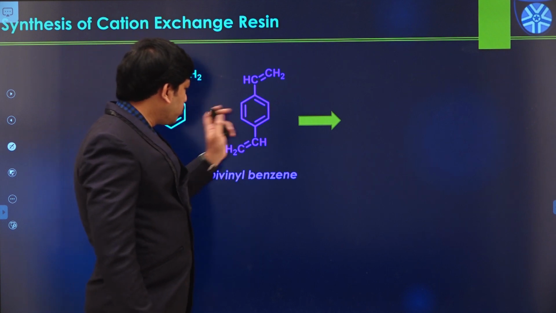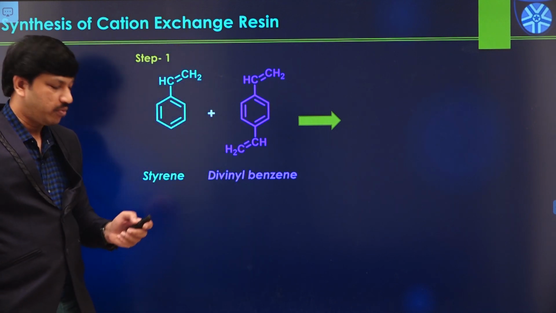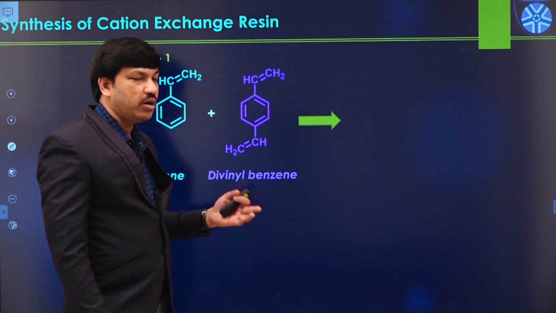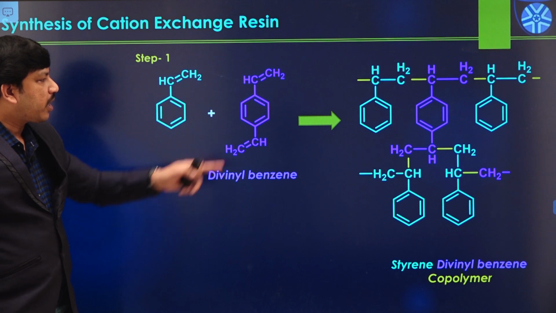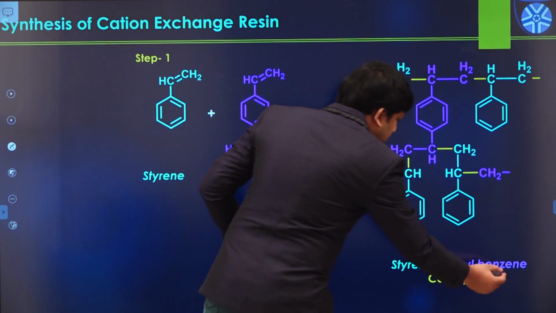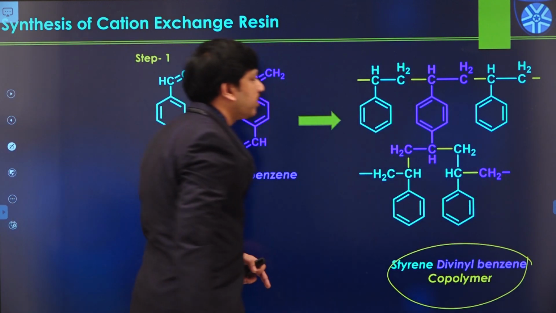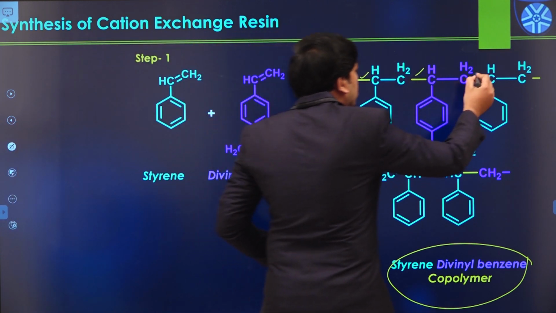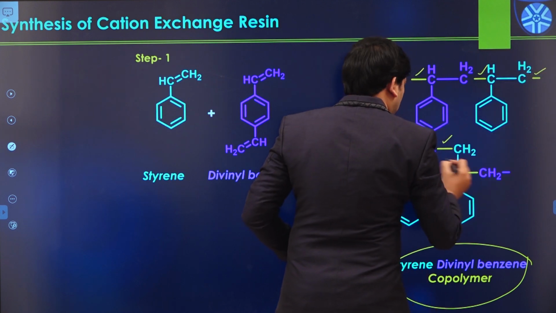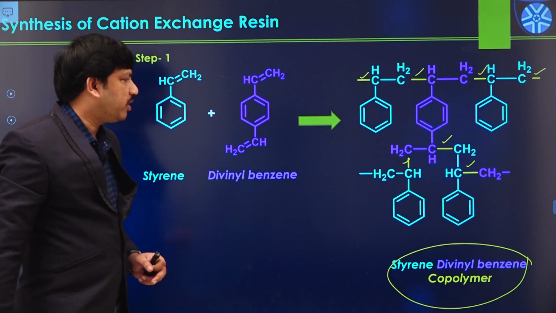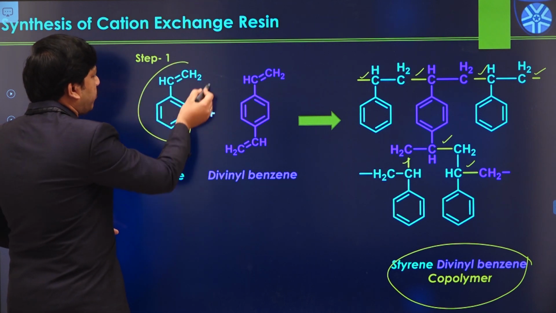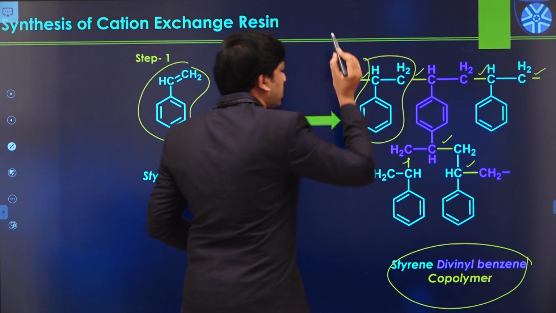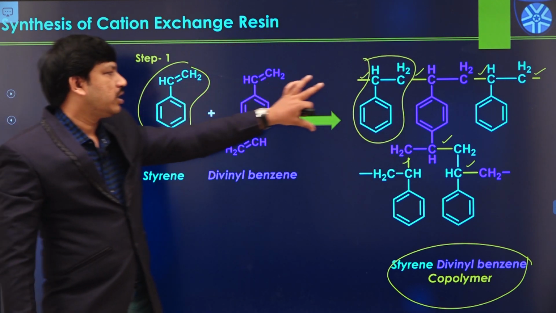If these two monomers undergo addition polymerization in the presence of a suitable polymerizing agent like free radical or heat or catalyst, there is a formation of the corresponding styrene divinyl benzene copolymer in this manner. You can see the yellow bonds, actually new bonds formed between them. For example, this is the styrene unit. In this case also, this is the styrene molecule. Styrene and styrene.